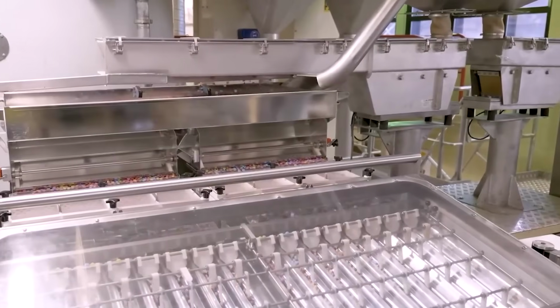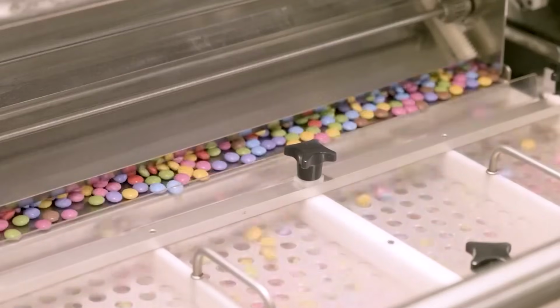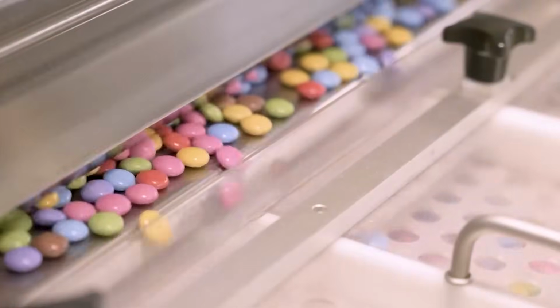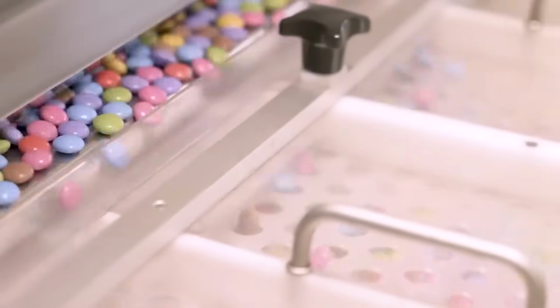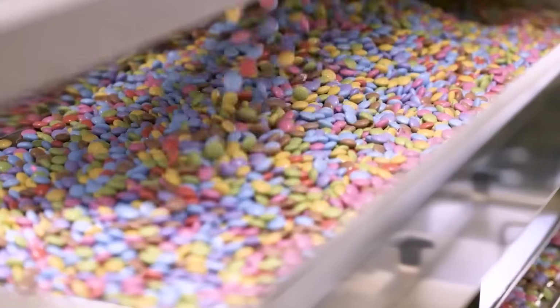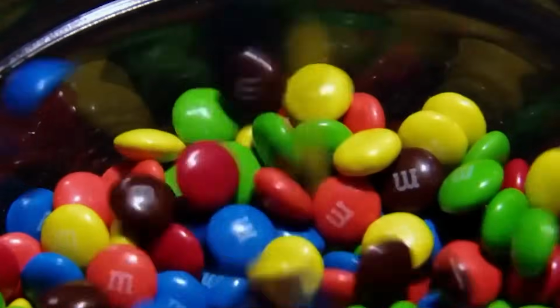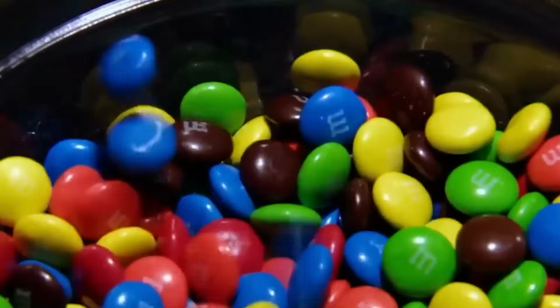After color coding, the candies proceed to the printing station, where the iconic M is stamped on each piece. This is accomplished using high-speed, food-safe ink printers. The M&Ms are gently vibrated into a single layer on a moving conveyor belt that aligns them properly for stamping. The white edible ink is applied using a flexographic or offset stamping mechanism that imprints the M logo without damaging